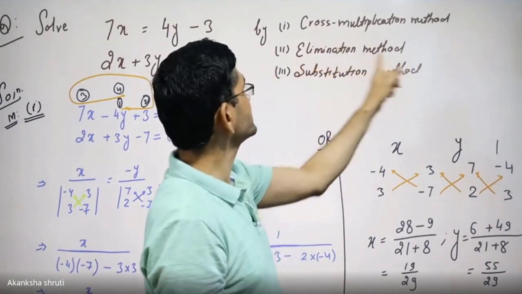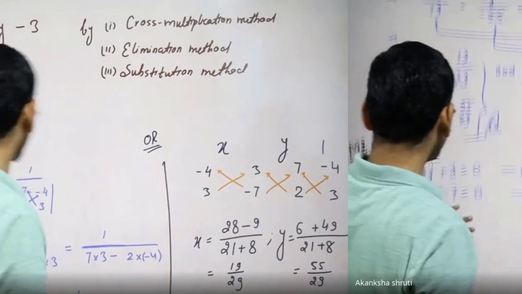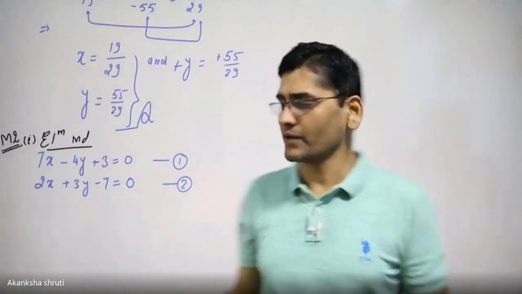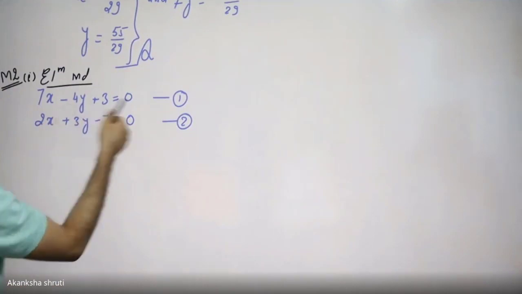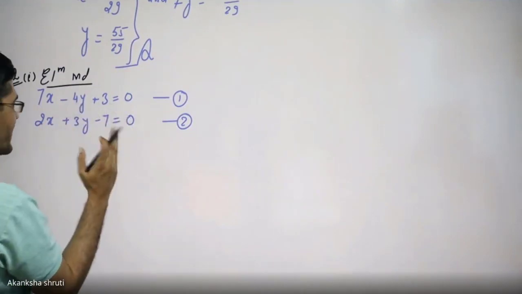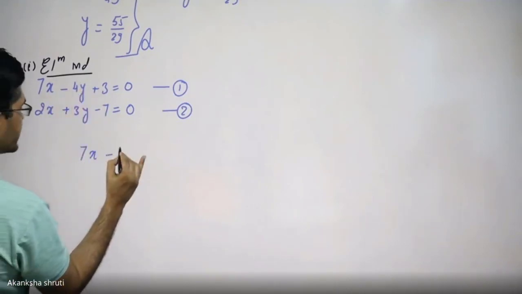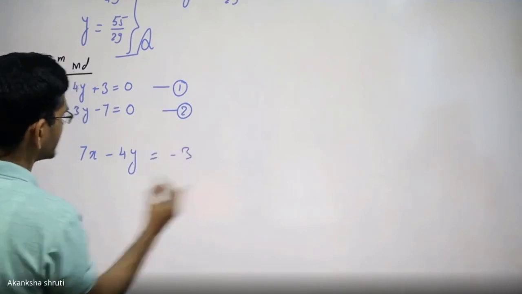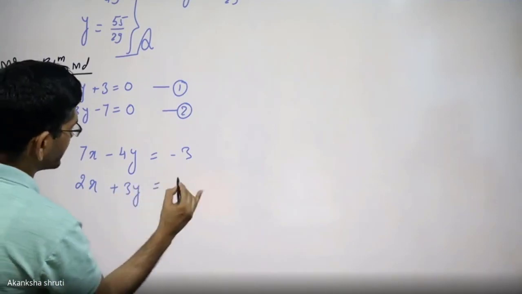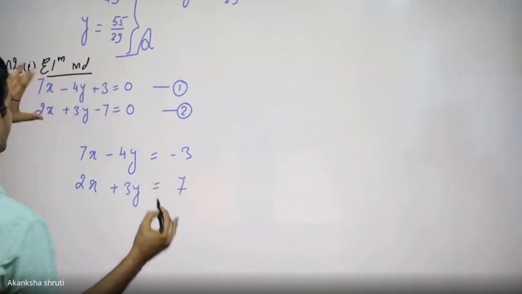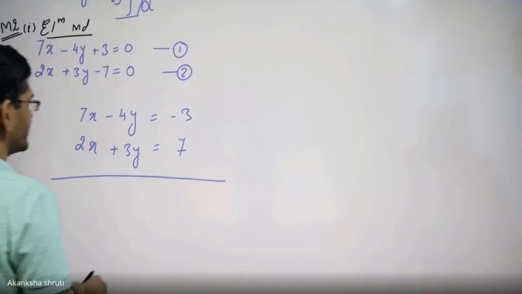Now let us find this by the elimination method, and let us understand how much time it is taking, which one is the better method. The same question we are going to solve by the elimination method. For the elimination method, the two equations given must be written with all the variables on the left hand side and the constant on the right hand side. Minus 4y should be minus 3 and 2x plus 3y should be 7. Even if the equation given is this way, we need to rewrite it in this way. Then we have to choose a suitable multiplication factor to cancel them.